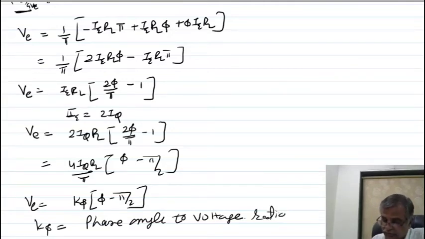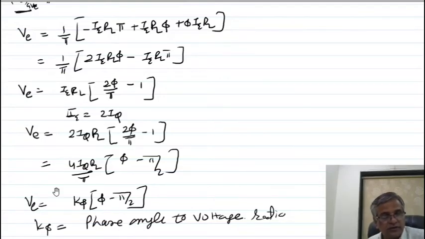So this equation shows that the error voltage is proportional to phi. So both the problems are overcome. In the balanced modulator circuit, both the problems are overcome, because the output does not depend upon the input signal; the output is proportional to phi. You can plot a graph of output voltage versus phase angle, and it is linear.